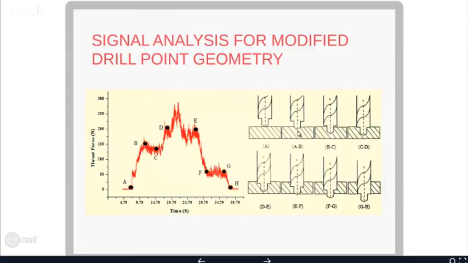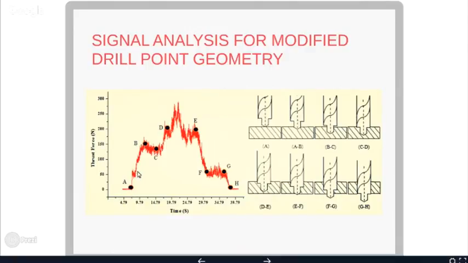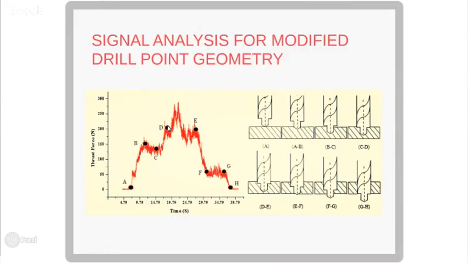Please check somewhere over there. If you check this A to B, here A to B is when the primary cutting edge is completely in contact with the workpiece material. Then B to C, when the primary cutting edge performs the cutting operation on the material, and C to D represent